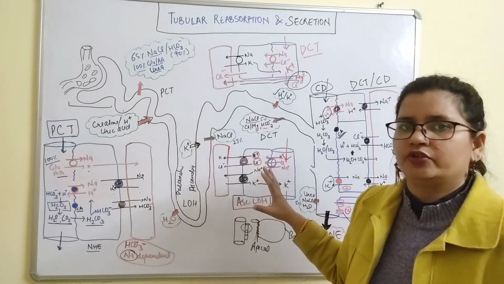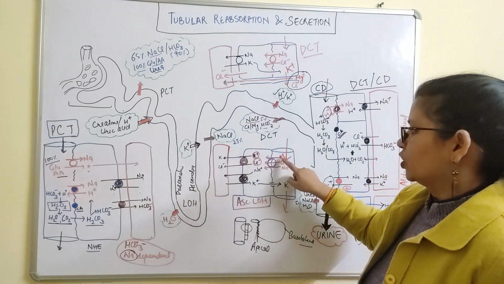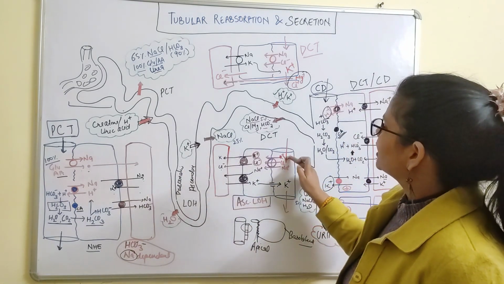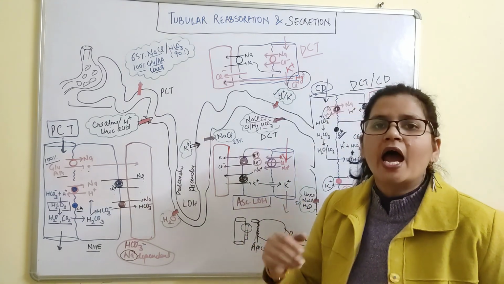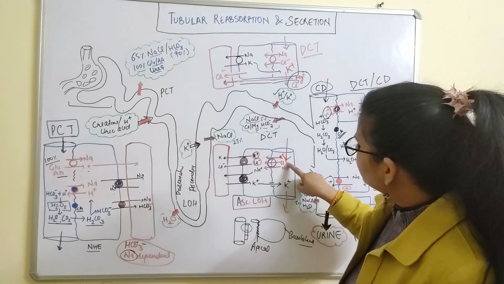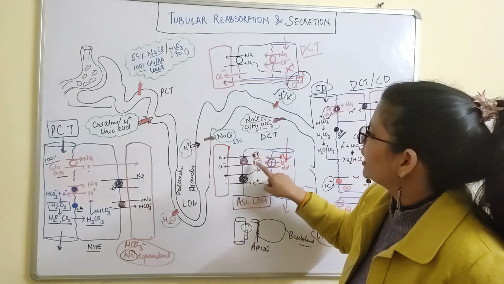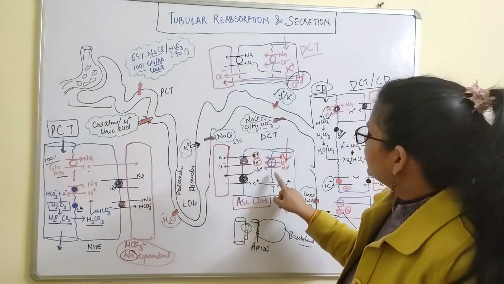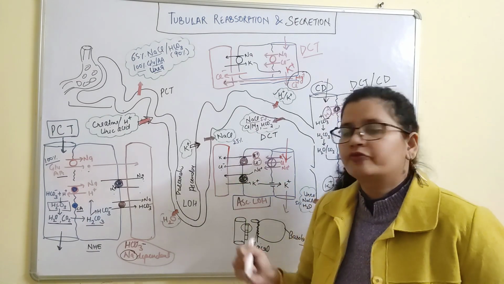This is very unique. You don't have to mug it up, because the ascending loop of Henle has a very unique transporter, the sodium chloride potassium transporter. Or we can say this is the sodium potassium chloride symporter. Simultaneously these three ions are picked and dropped into the cell. Then potassium and chloride enter the blood via one more symporter, called the potassium chloride symporter. With the help of this symporter, both enter the blood vessel. On the other hand, sodium which is left enters the blood in exchange for potassium,